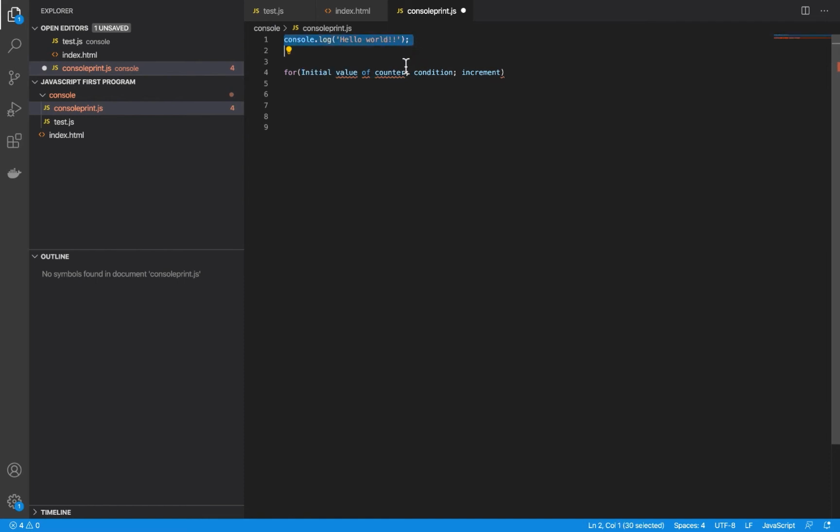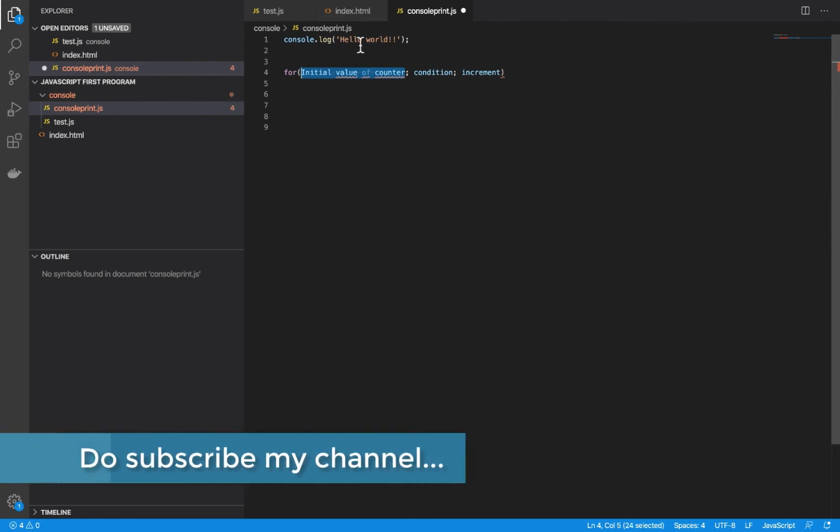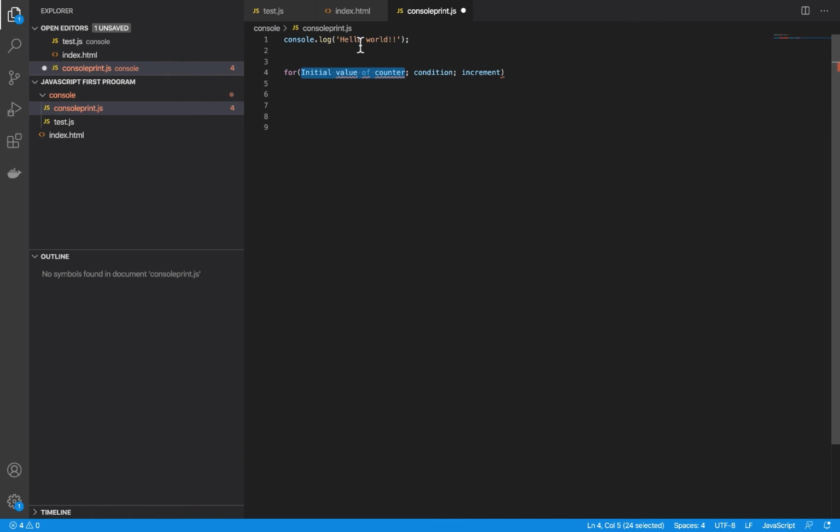So in this case, I want the counter to be initialized and set at a value, let's say 1. And now I want to print it 5 times. So it should go 1, 2, 3, 4, 5, which means the condition should say continue this particular loop until this particular value is less than or equal to 5, and in the increment you're incrementing this particular counter by 1. So that's all about the statement.